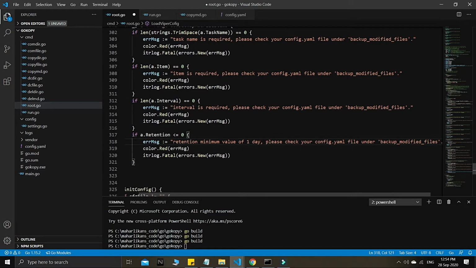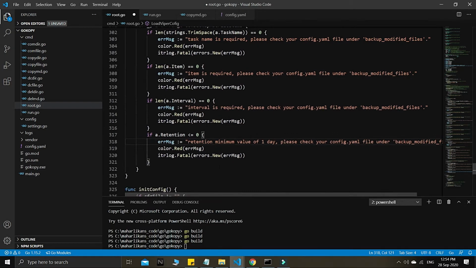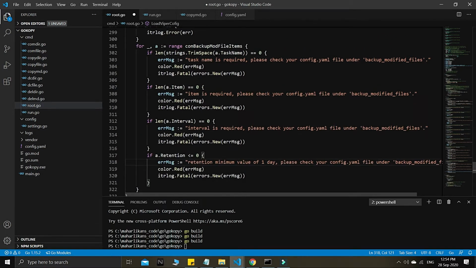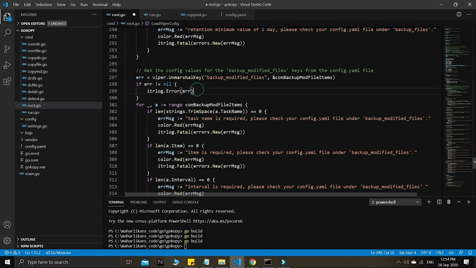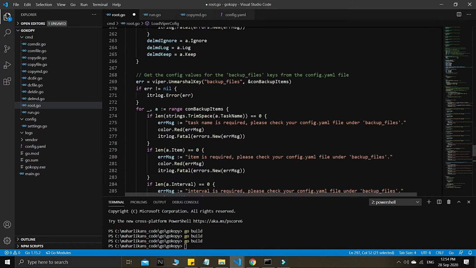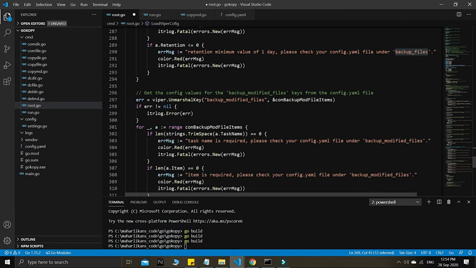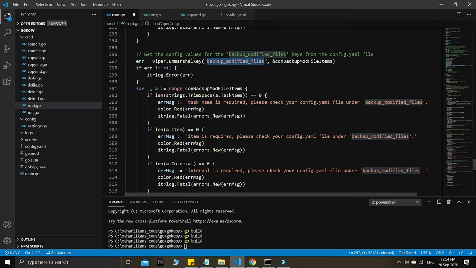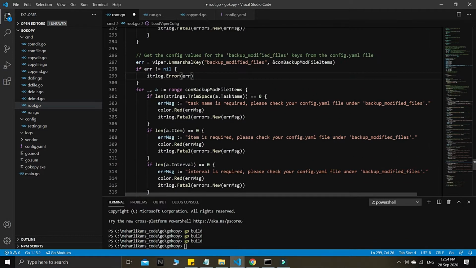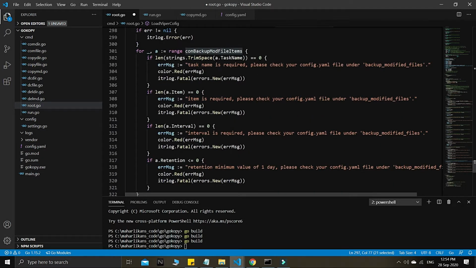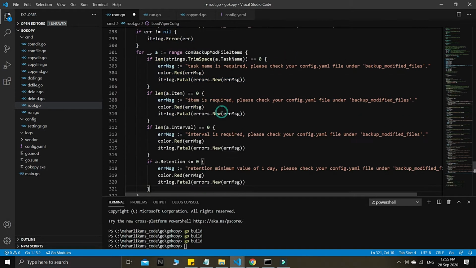Okay, retention. Okay, these are all the information, but we use this instead under another configurable property, the main property of the YAML file. Then we use this backup modified files property, the main property, and then we have all this. We store everything here, and all the necessary validations, and then we click save,